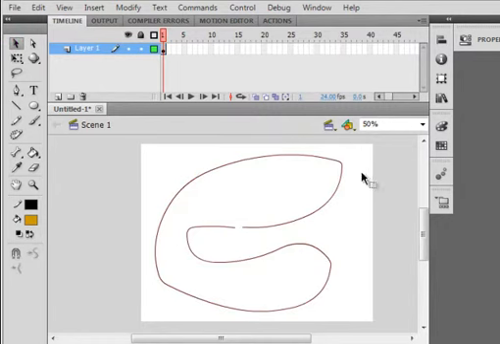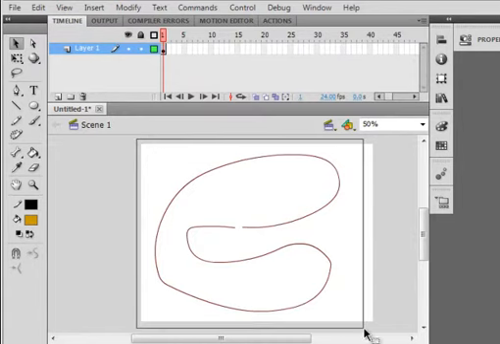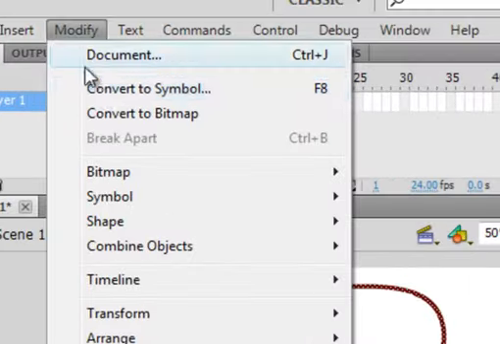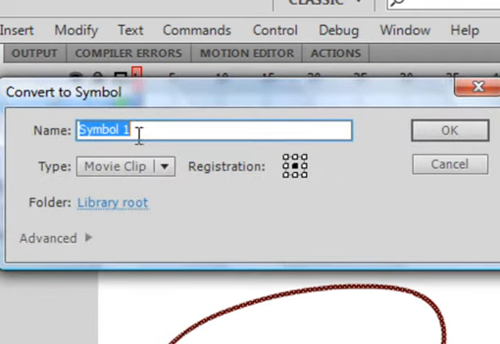Now click off to the side. I want this sharp turn to be there. That's good. Click the selection tool, highlight the whole thing, go up here, modify, convert it to a symbol. It's a movie clip. It's going to be called Turtle,